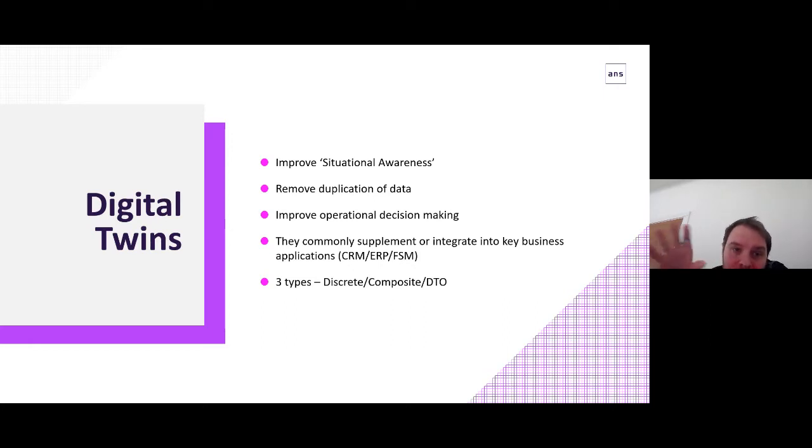There's three types of digital twin in conceptual terms. Don't worry too much about this, but you've got the ones that deal with things, which are effectively discrete digital twins. Then composite digital twins, like what Kishore was going on about before, where you're enriching it with much wider data. And then you've got an organizational digital twin, something called a DTO, which effectively allows you to map out business process. It's a full model of the organization where you take it all the way. So you can kind of see those three markets starting to emerge.